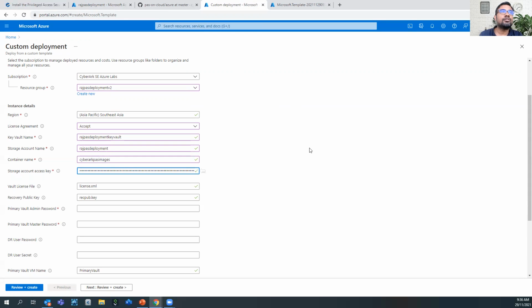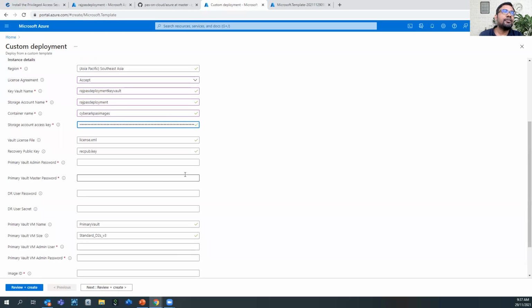That's how the CyberArk Vault will be able to authenticate to the storage account to fetch your license key as well as the recpub.key. Then it is referring to the license.xml and the recpub.key. For the primary vault administrator password, you can keep it as a strong password.